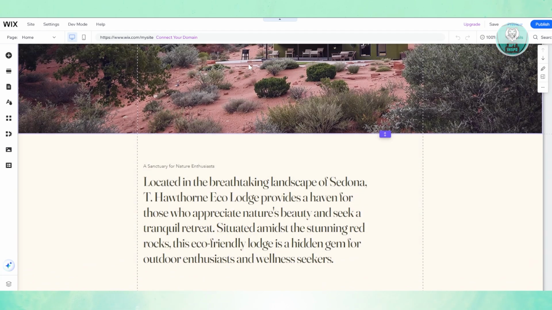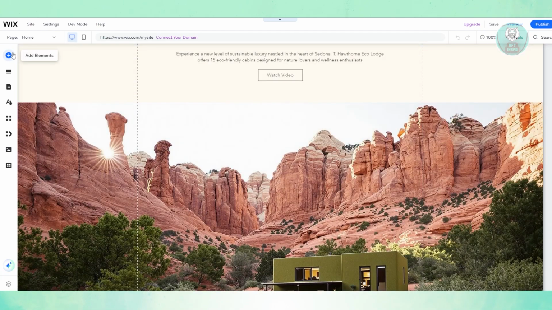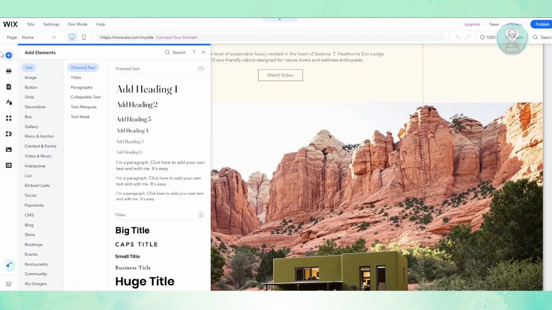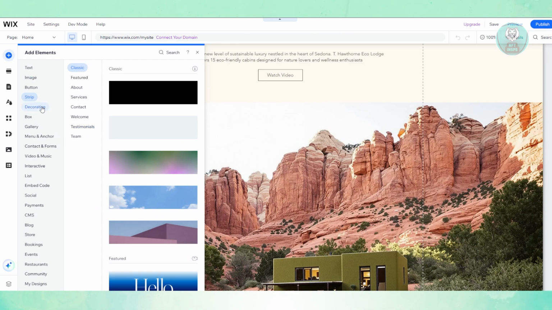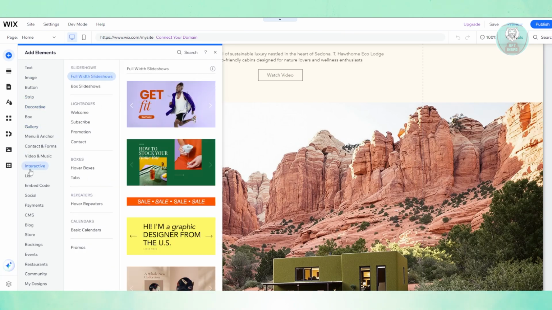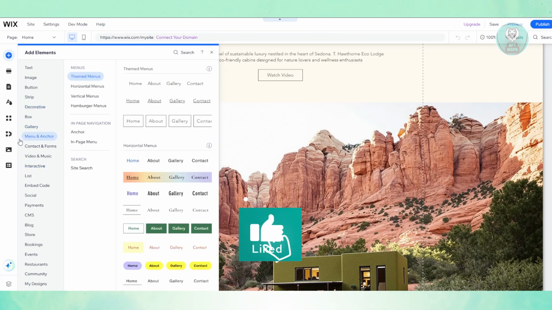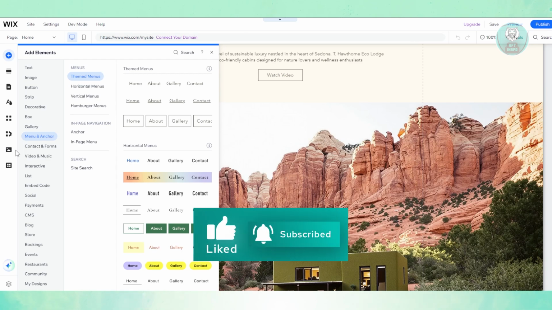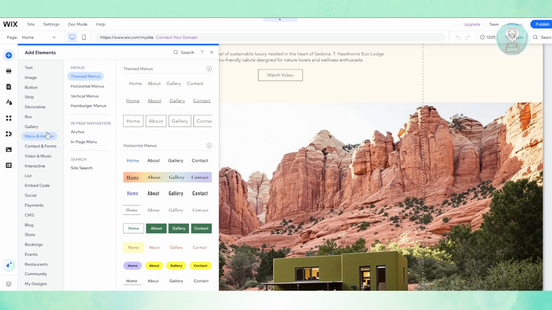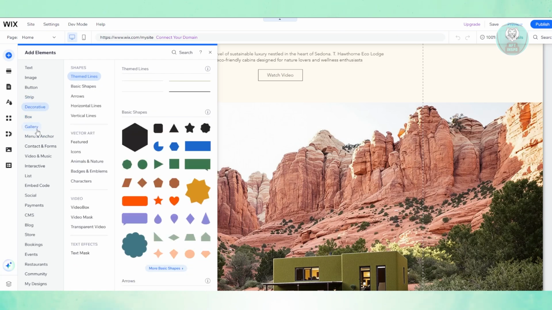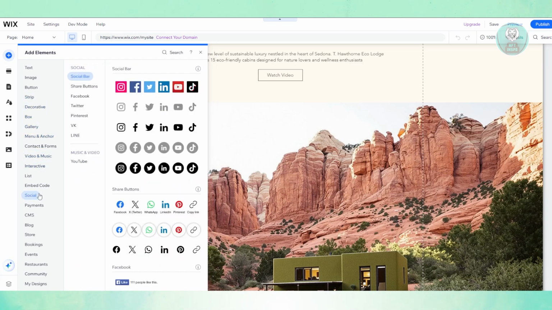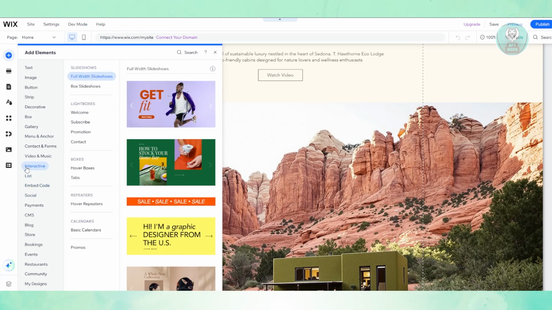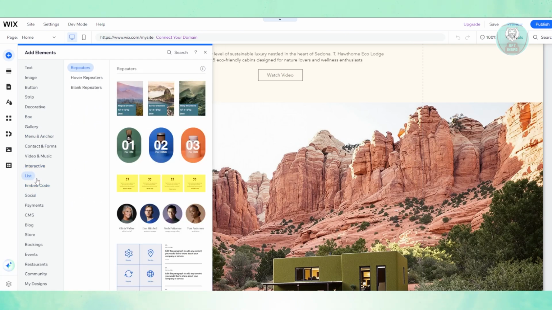Now, another thing that you need to take note of is whenever you add different elements. For example, you have the option to add text, images, buttons, strips, decorative boxes, and a lot more. It's okay to add different elements, but make sure that you're not adding too many elements. Boxes and lists don't necessarily take a lot of